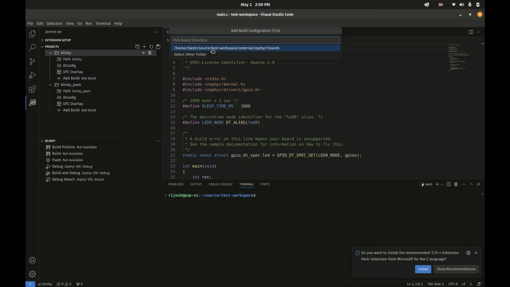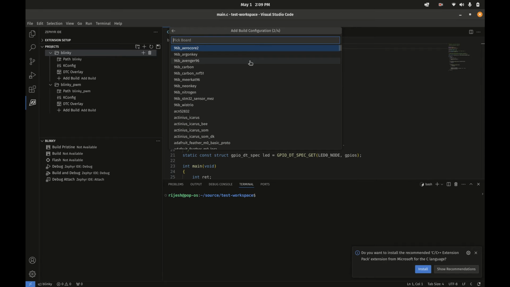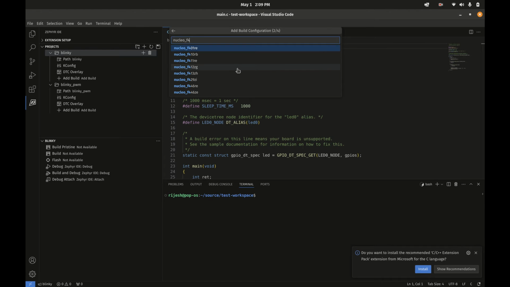So now we need to pick a board directory. This is the default Zephyr board directory. If you have a board directory in your workspace root, that will also populate on here automatically. Otherwise, you can select another folder. I'm just going to select the default Zephyr board directory. Here we can now select Nucleo, let's say an F401,